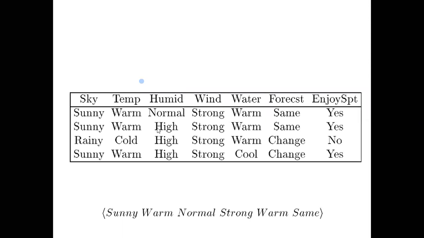Is it clear how machine learning works? You need data for training. That data will be provided to the system. Using an algorithm, we will train the machine. It will build a model, and to that model, we will provide the new data and do the prediction or classification. So for this new data, it will either say enjoy sport is true or it is false.